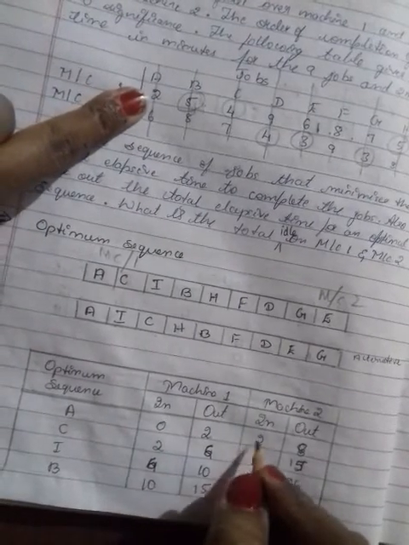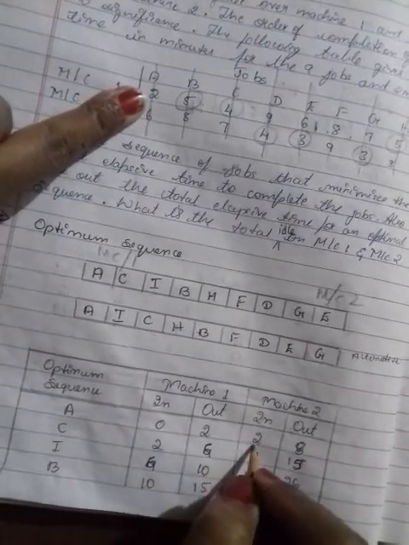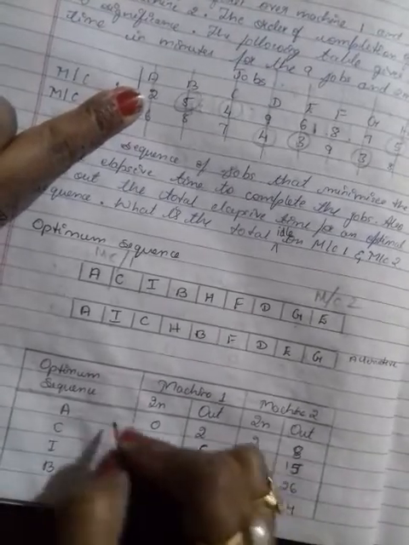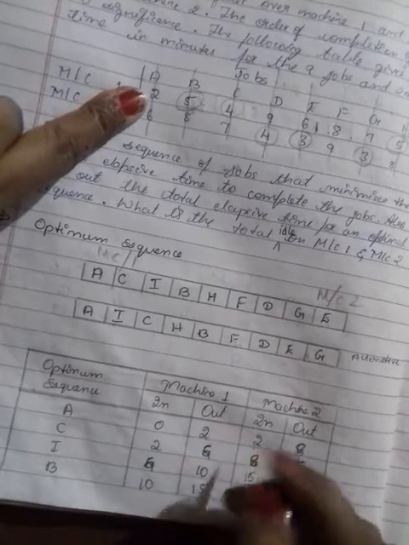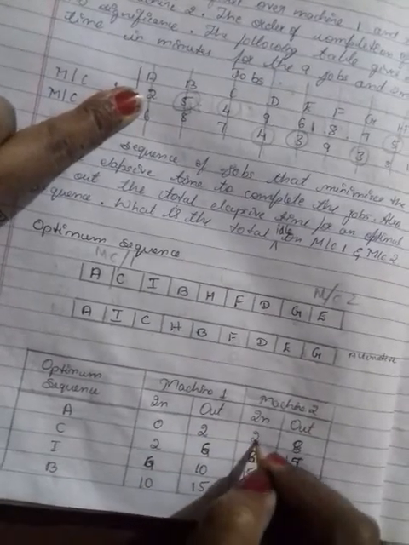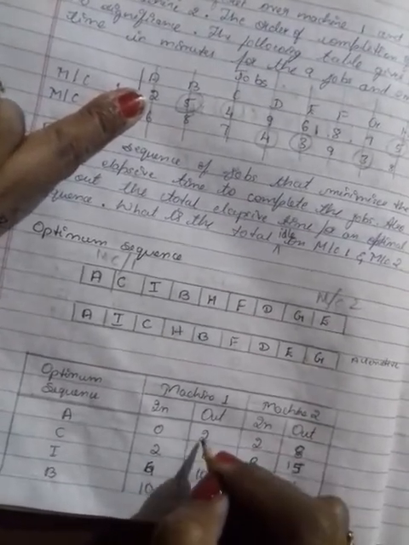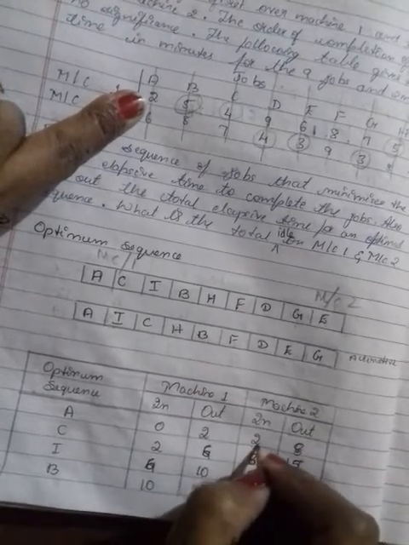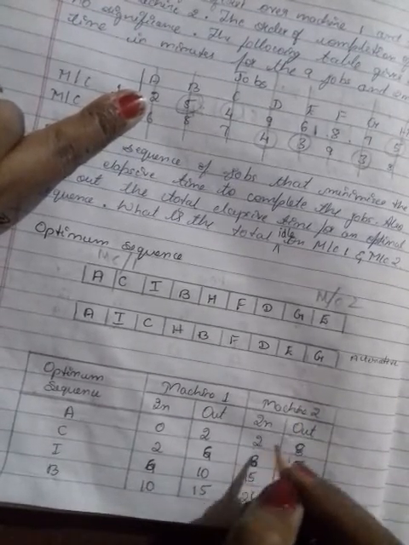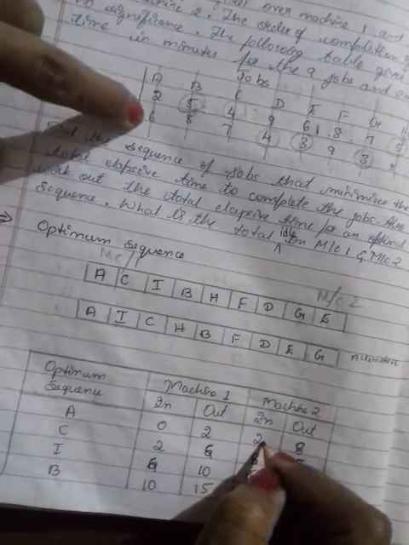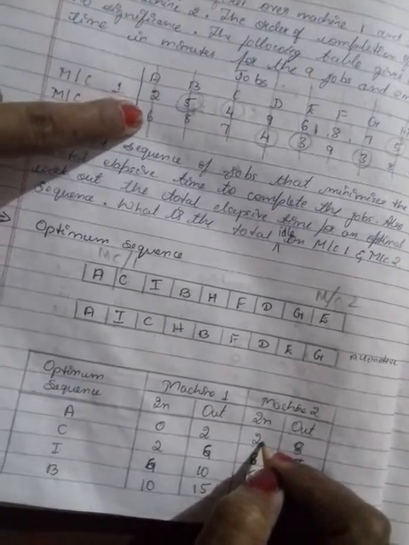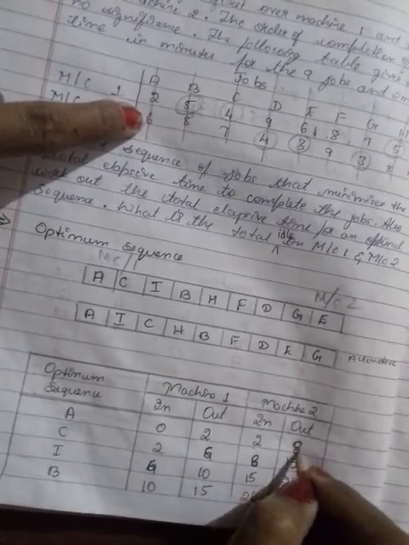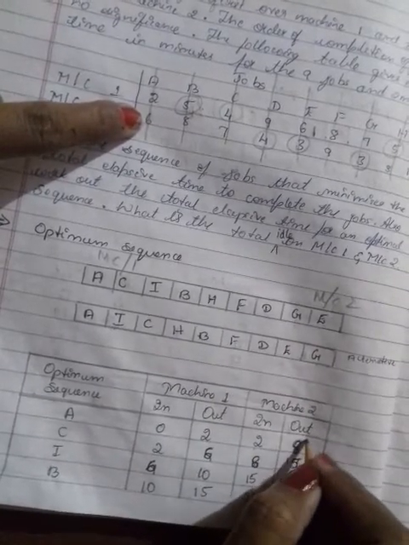Then the same thing you have to write down in the in time of mission 2. Once mission 1 is completed, the passing time is very negligible. Take the same number here, 2 minutes. So what is this? Mission 2. Mission 2, 6 minutes it takes for the A job. So 2 plus 6 you will get 8. Is it clear? 2 plus 6 you will get 8.